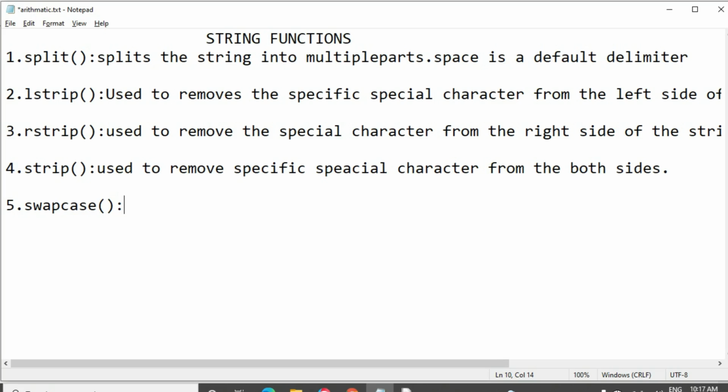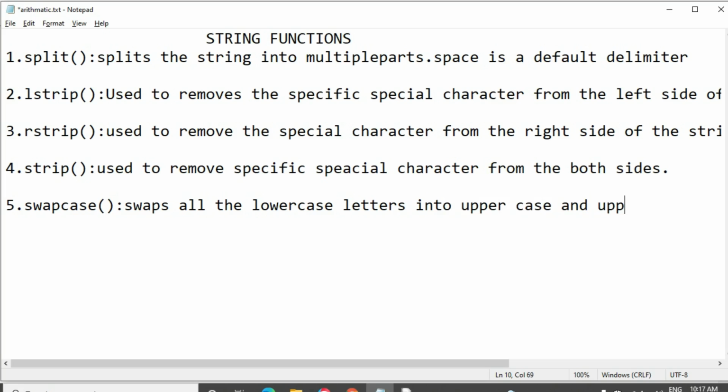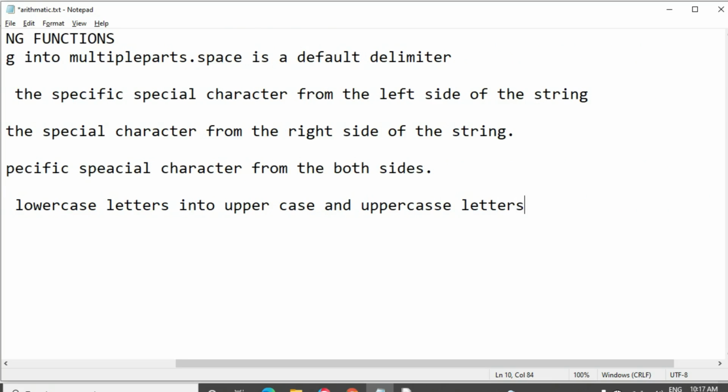Swapping is nothing but swapping all the lowercase letters into uppercase and uppercase letters into lowercase.